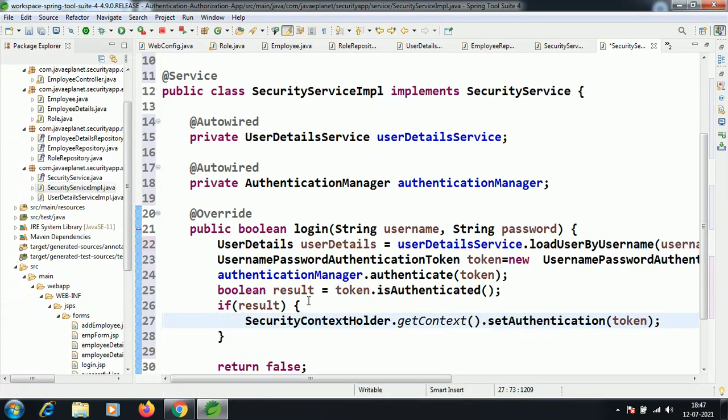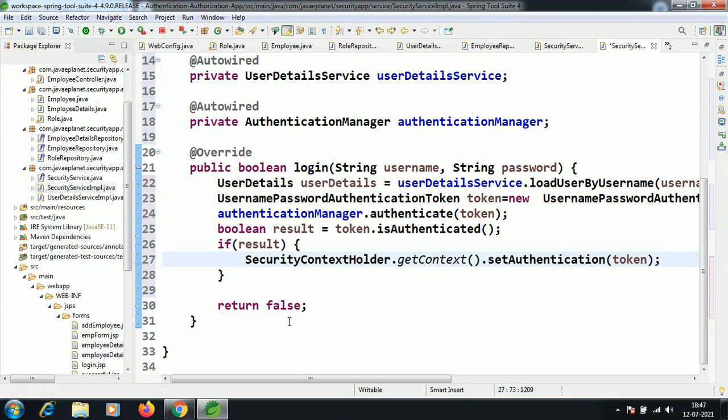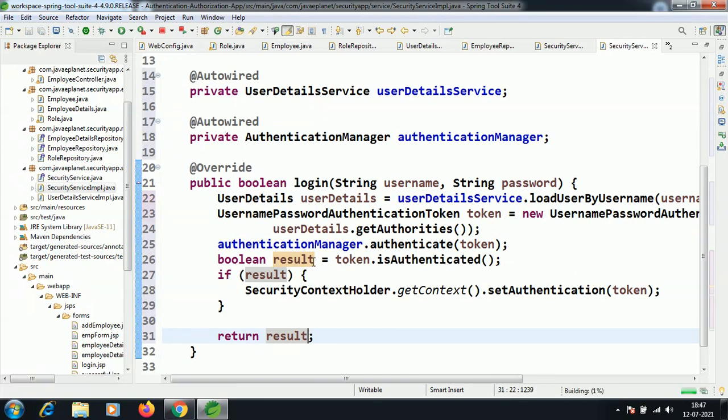and return the result. Return the result. Control format and control save. After this,